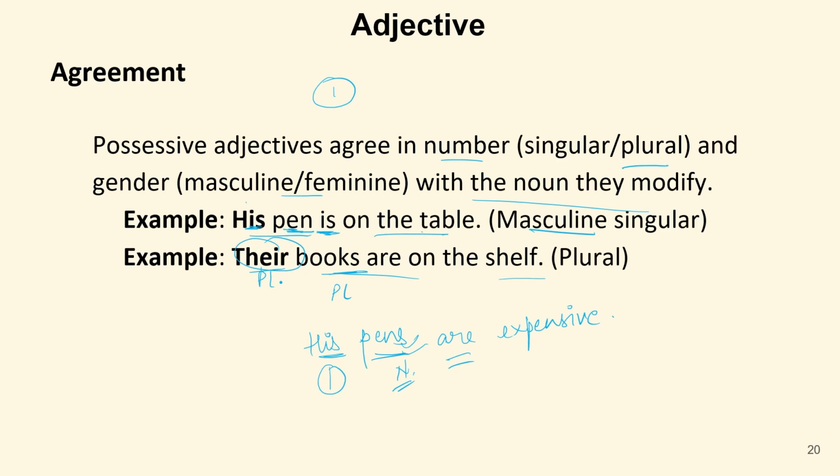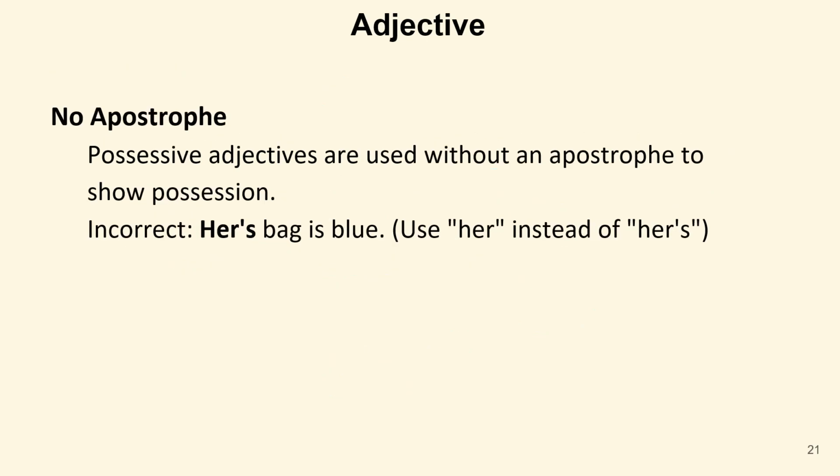For example, his pen is lying on the table and he took it from there. So his pen is lying on the table. He took. So we have used he as the subject begins. That is his pen. So his pen is used for a boy, so only he will be used after it. So this is an agreement regarding number, the masculine, feminine, gender, and now possessive adjectives are used without an apostrophe